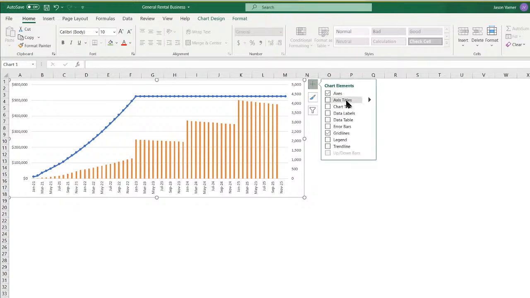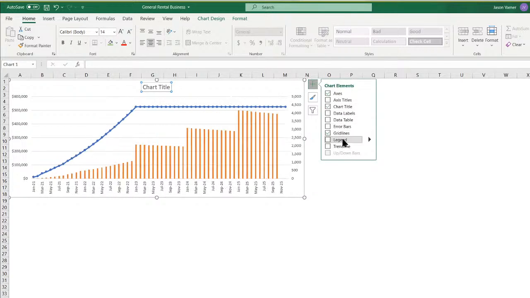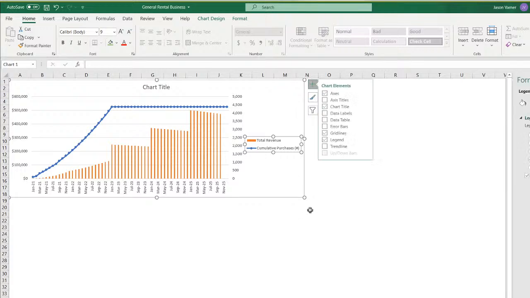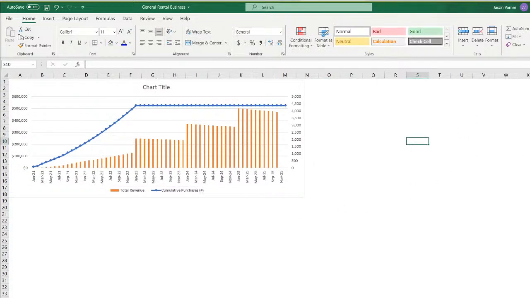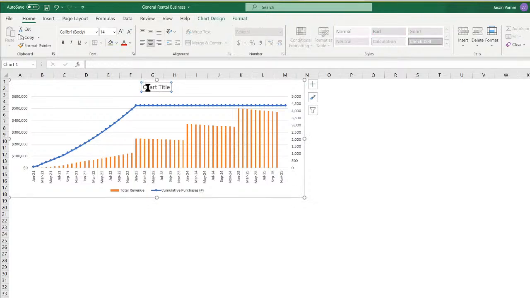Let's add our chart title, legend. I always love doing this. This is really where I'm trying to add tons of value. Obviously, all the assumptions, the layout, the logic, the math, getting the numbers right, that's super important. But this part is, for me, fun. I like doing this. So this is revenue versus total